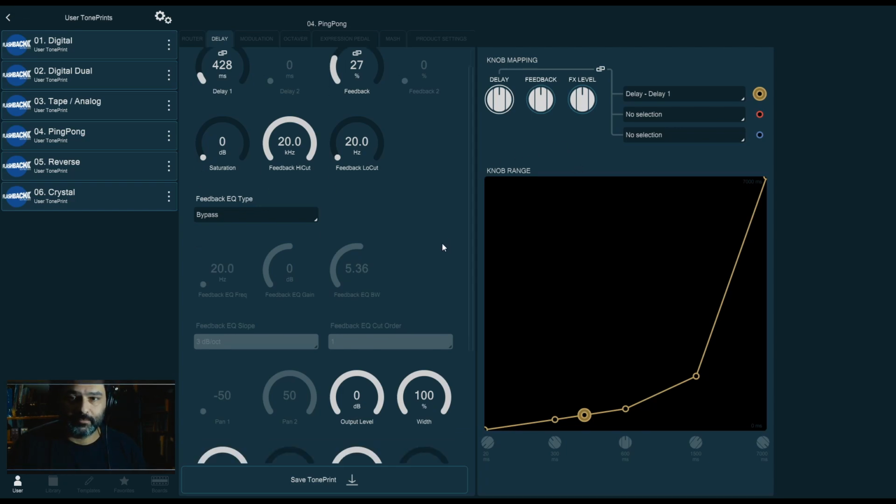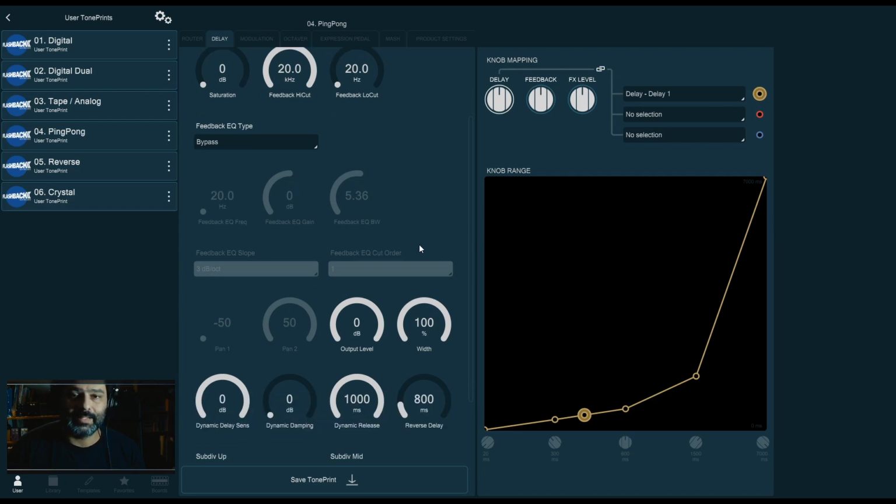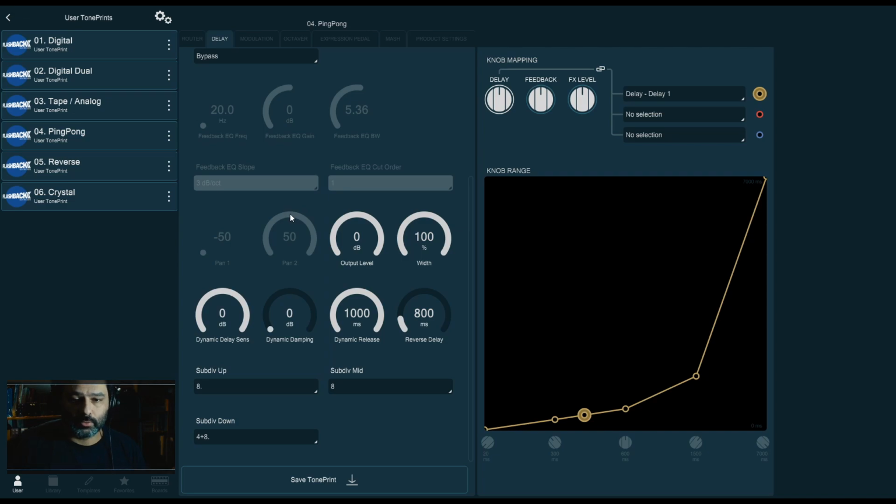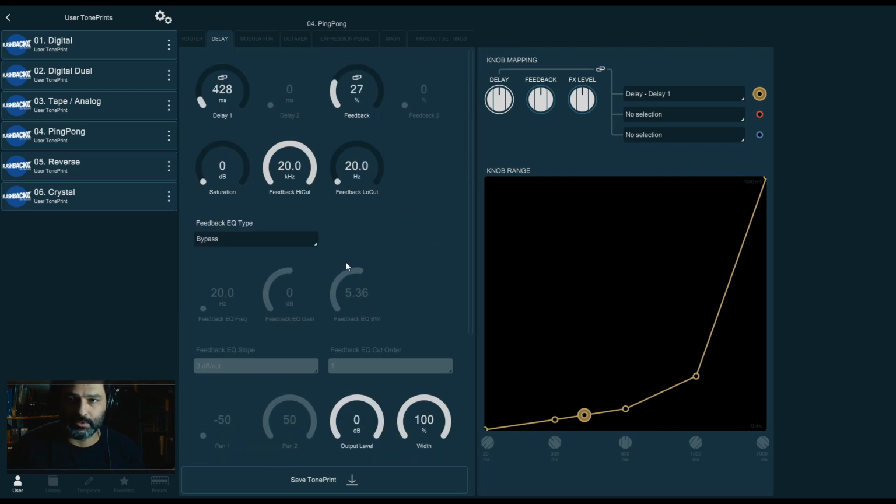The difference you have to the digital delay is now you have a width control, so you can have your width at 0 and go everything in mono, or you can start opening up, or you can go full left-right. That's the only difference. Your subdivisions will still control how quick your delay goes with relation to this quarter note